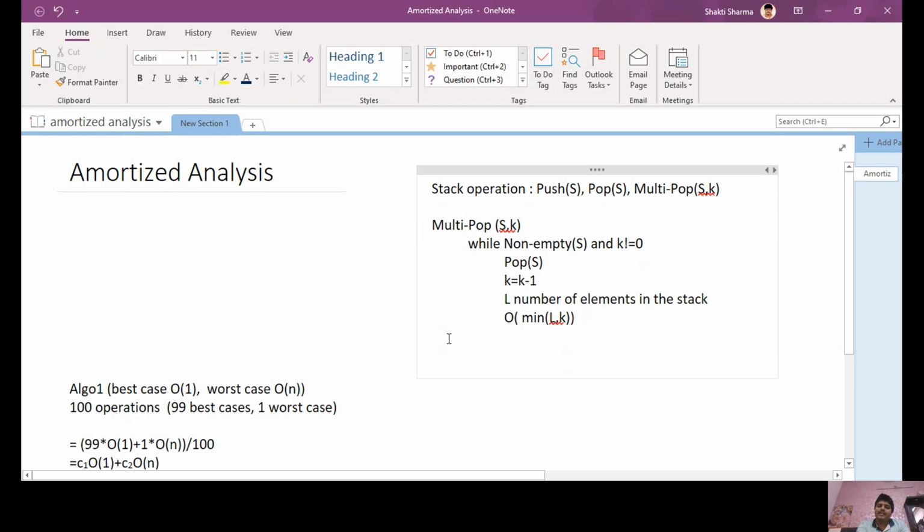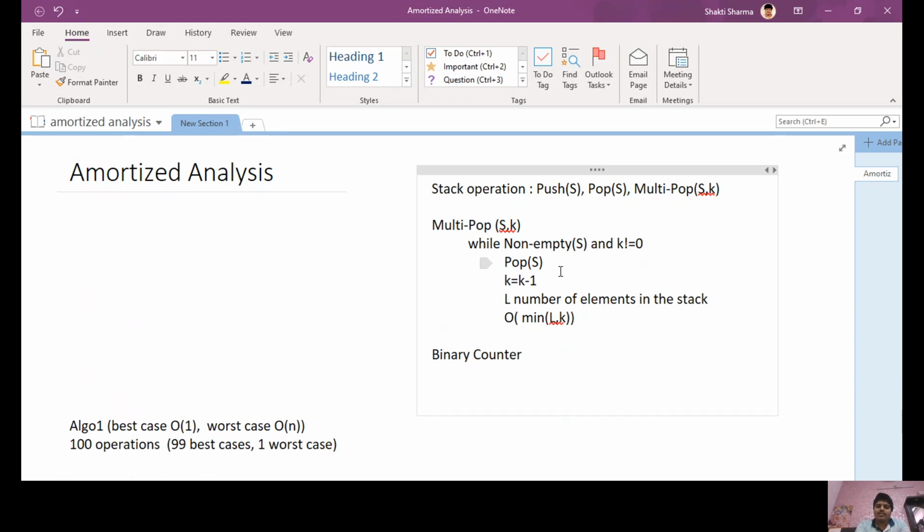Now the second example which we are considering is the binary counter. A binary counter is a counter where we just increment the counter by 1 at every step. So there is a counter, we want to increase the counter by 1. If I want to say the algorithm of binary counter,